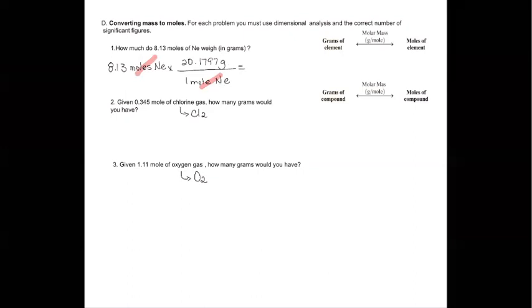So when we make this conversion, what number did you guys get? Excellent job. 164 grams of neon. In the next one, we have